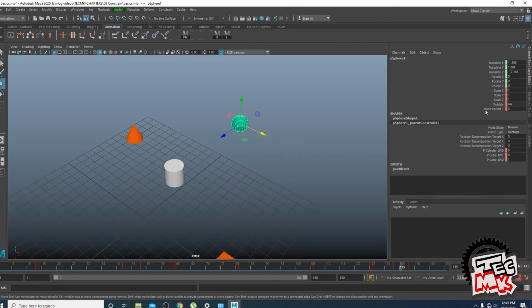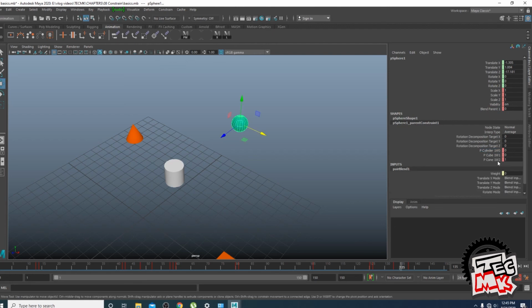So guys, again, there are two types of switches which are being created on the sphere. That is the blend parent, and another one is these. These are the main switch. You can say, for example, this is the switch inside each and every room of your apartment, and this is the main switch. One main switch is there, and whenever you trip your power or something happens, the switch trips, and then all the power inside the room gets cut off. This is something like that.